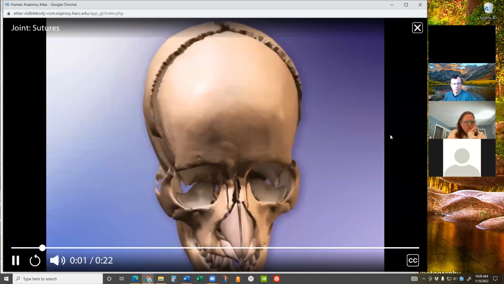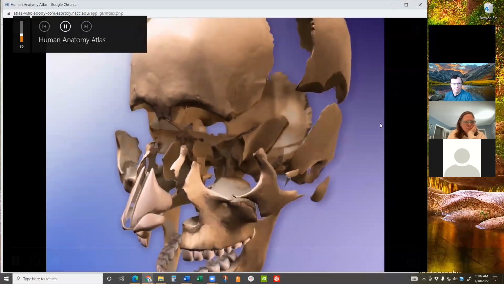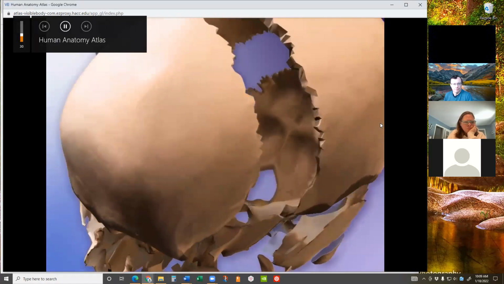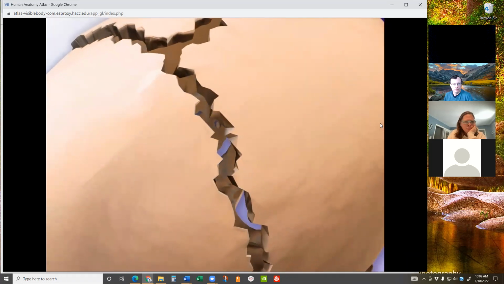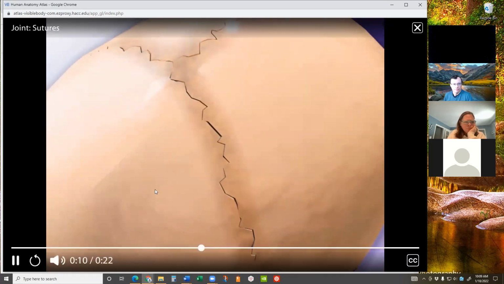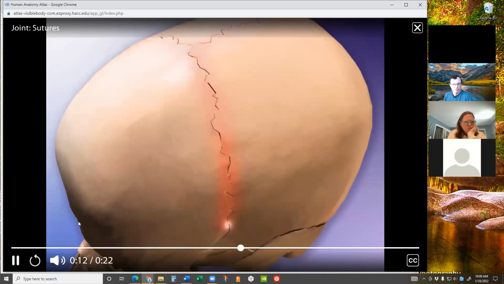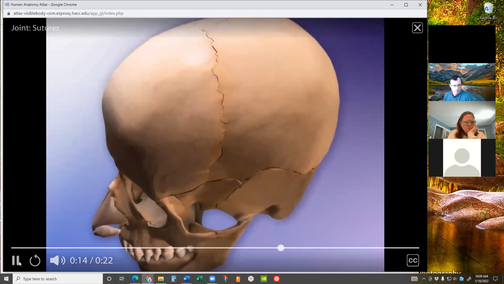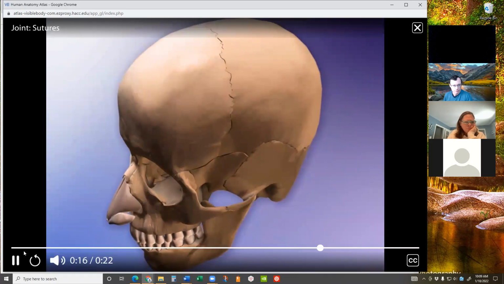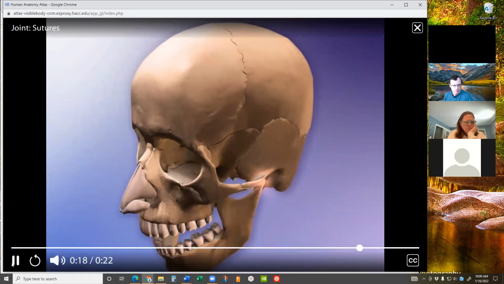Sutures are non-moving joints that connect bones of the skull. These joints have serrated edges that lock together with fibers of connective tissue. The interlocking edges make sutures strong and fracture resistant. All skull joints are sutures, except for the joint connecting the mandible to the temporal bone, which is a moving